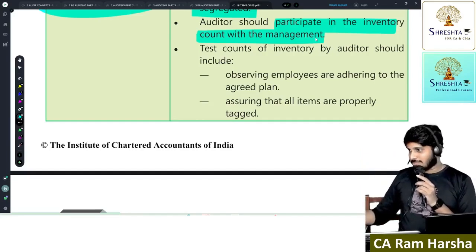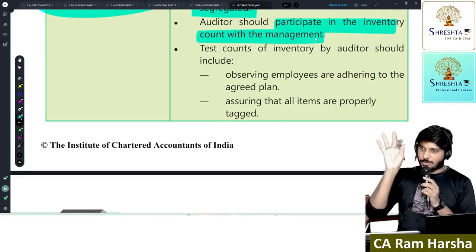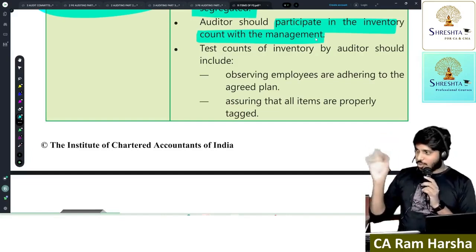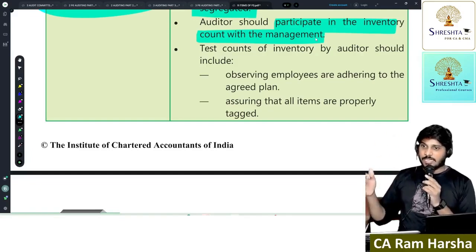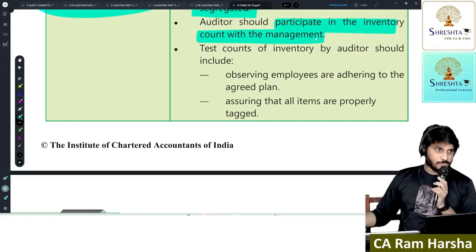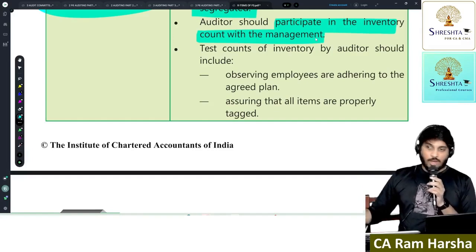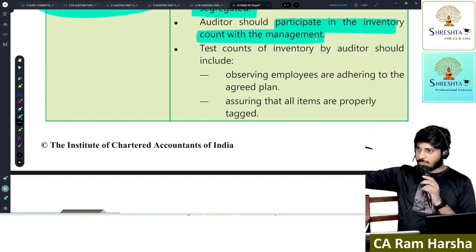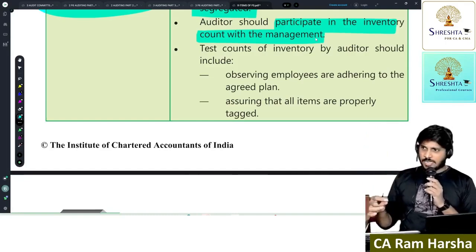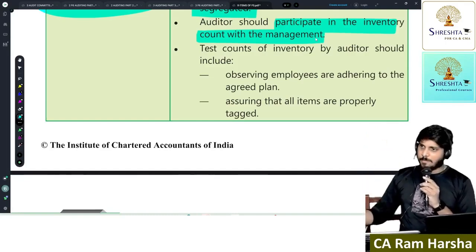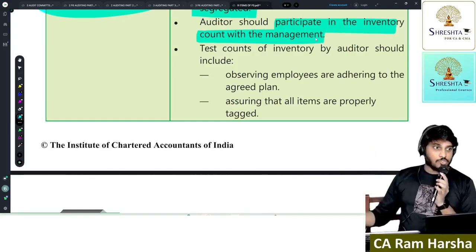So this is how questions will come. You need to understand clearly. SA 501 is talking about only existence and condition. It is nowhere talking about valuation. What SA 501 says: the auditor has to attend inventory counting performed by management at year end. If attending at year end is not possible, plan some other day. Or if management is not doing inventory counting as on 31st March, plan some other day. If that is also not possible, you fix a particular day and you go and count physically. If inventory counting is impracticable, consider the implications on the auditor's opinion.